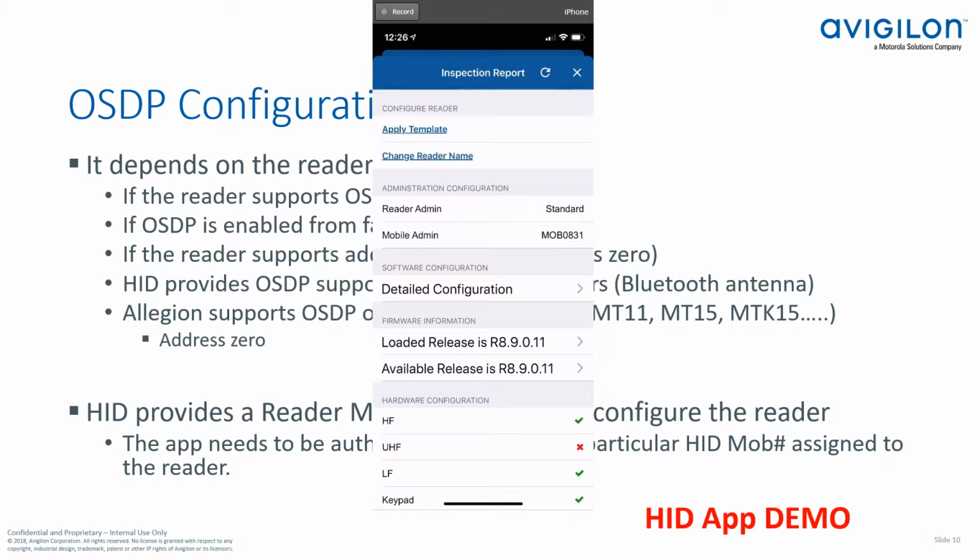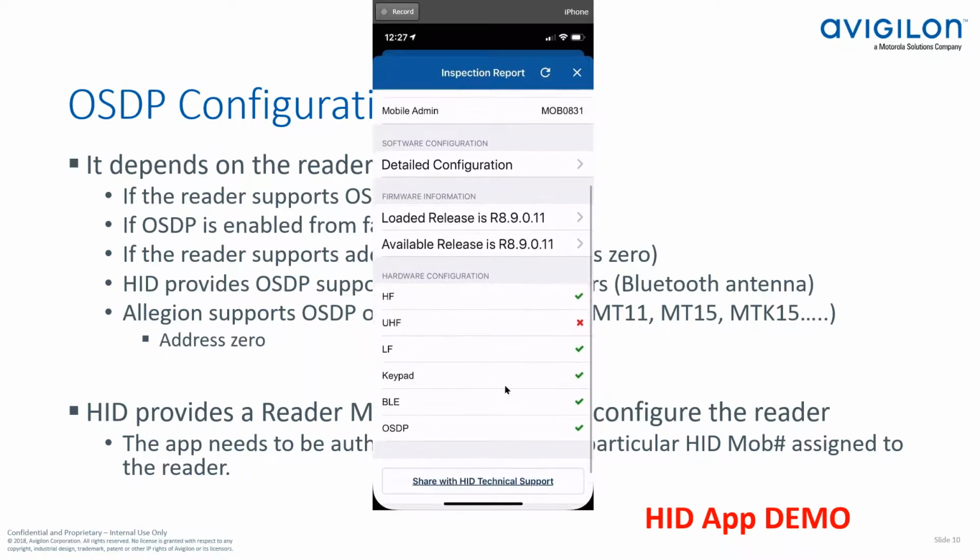All right, and then below here it tells you what antennas are turned on in this reader, what this reader can work on. So here is OSDP. Notice that Wiegand is not there. When OSDP is turned on, Wiegand will be turned off. So there's only one option. You can either pick one or the other. You cannot have the two open